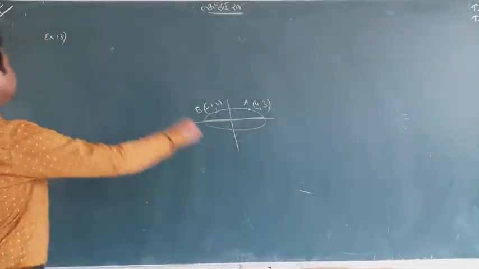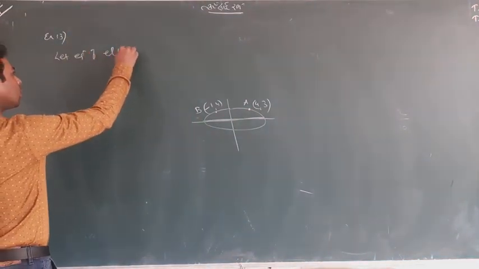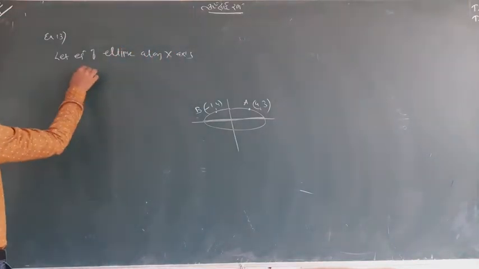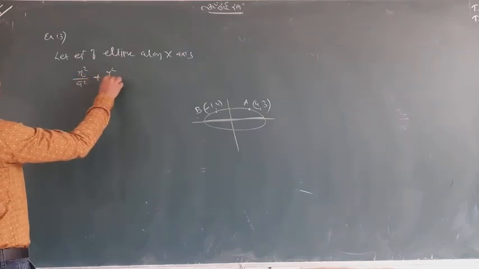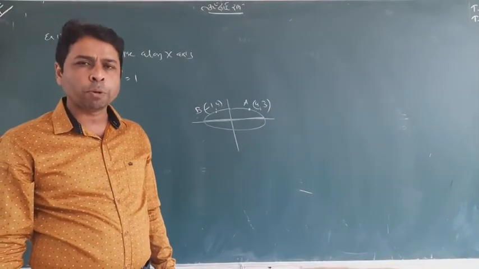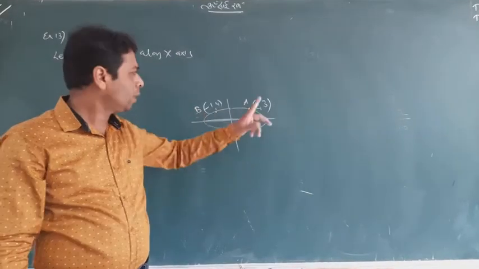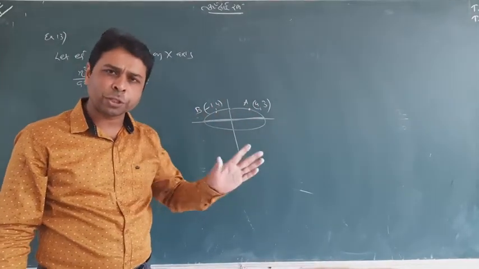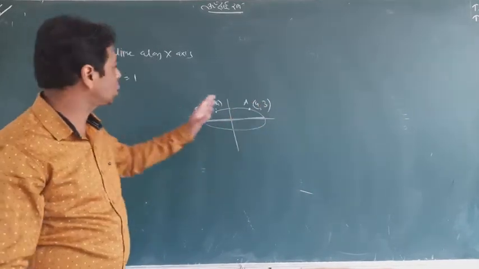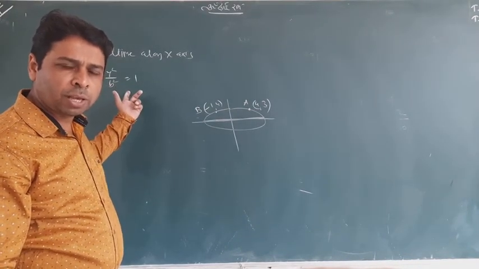So okay, we will write here: let the equation of the ellipse along the x-axis be x square upon a square plus y square upon b square equal to 1. Let me tell you one thing. In this kind of question, most probably this sentence will not be given. Along the x-axis or along the y-axis is no matter. When the ellipse is passing through 2 points, that is sufficient. So you don't worry about that. You can write, let the equation of the ellipse be this one, because along the x-axis or along the y-axis the same formula will apply.